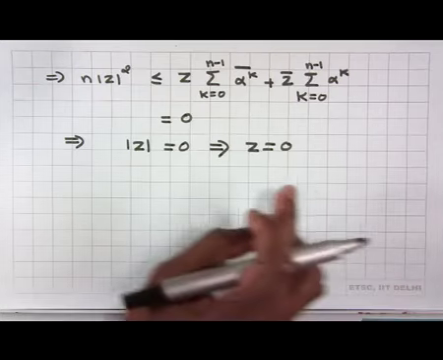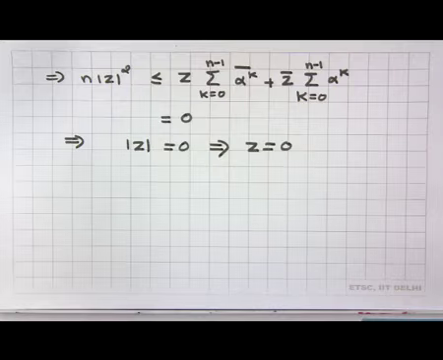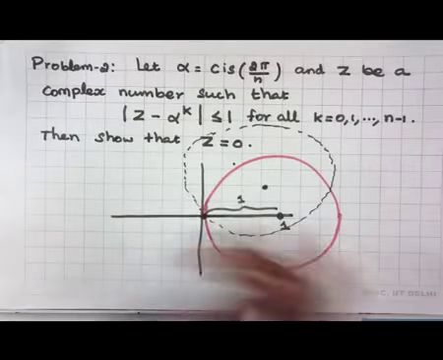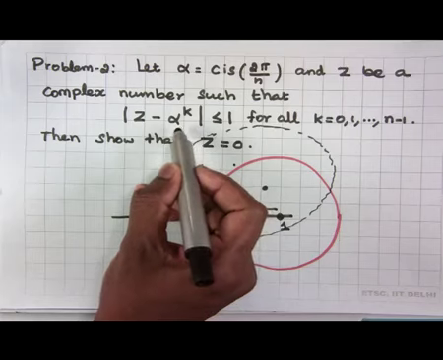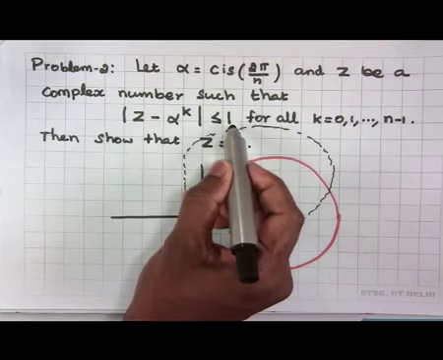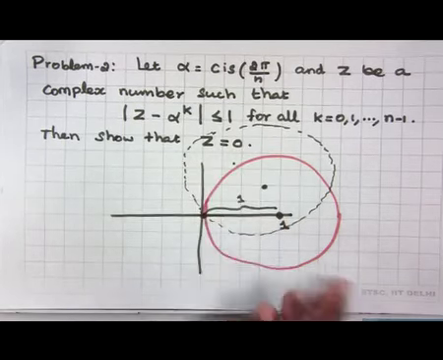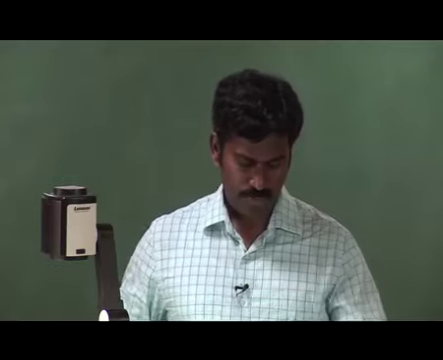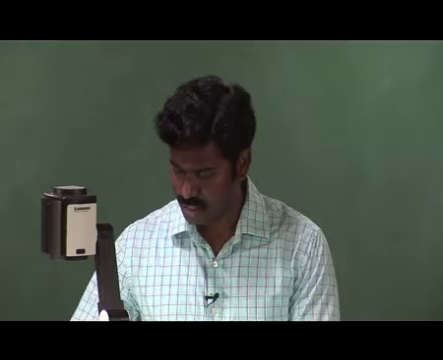So, hence we proved our desired result that if there is a complex number with distance from all nth roots of unity less than or equal to 1, then the complex number must be the origin. Let us prove another nice result,